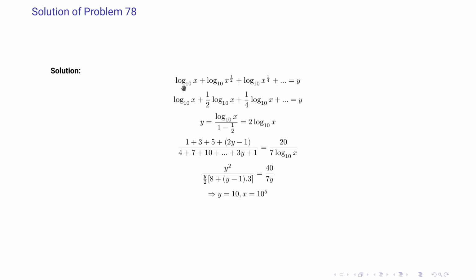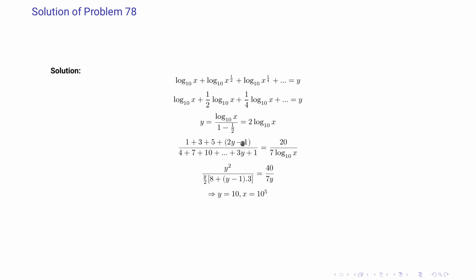So we have the first equation written here, and then we take out the powers outside. So we see that it forms a GP with the common ratio 1 by 2. So y is equal to first term divided by 1 minus 1 by 2, that is 2 log of x with base 10. Now the second equation we write here. Now if you see here in the denominator 7 log of x with base 10, we can write that as 7y, but we will have to multiply the numerator with 2 because y is equal to log of x with base 10.